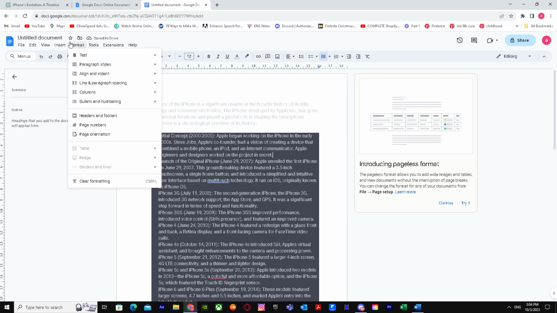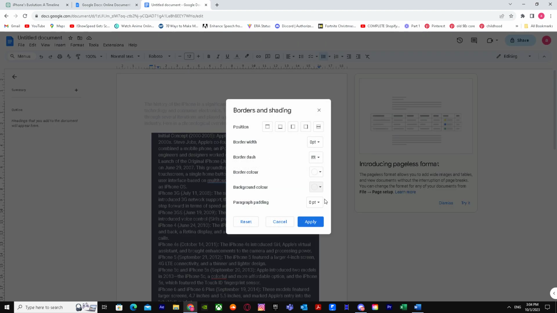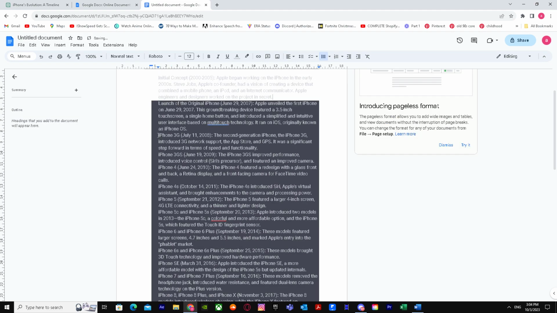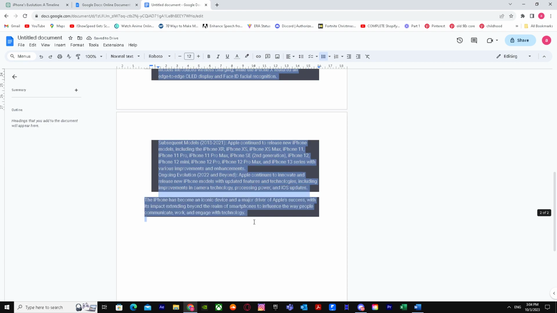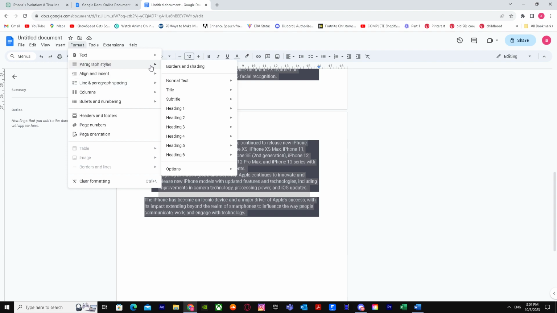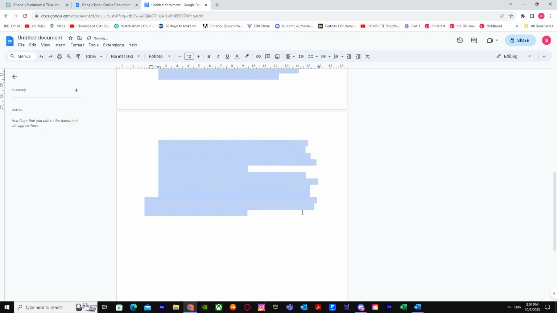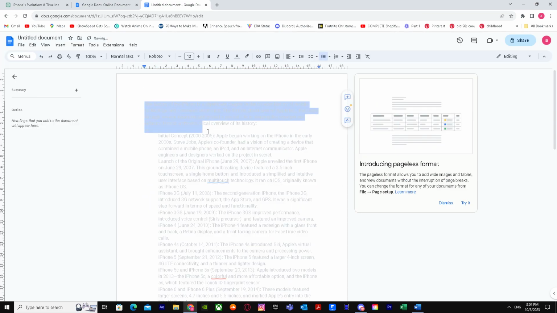Go to format again, paragraph styles, borders and shading, background color, none, apply. There it is. You can do this for all of them just like that. If you do this, go to format, go to paragraph styles and borders and shading, this one, none, apply. There it is. Now you can copy this